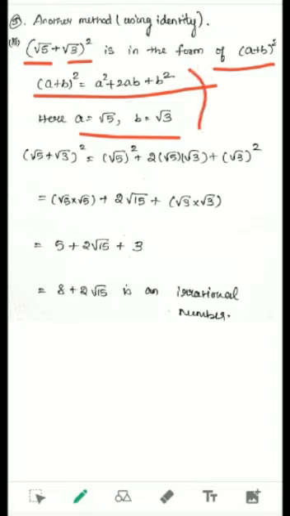Okay, so how can you write this here? In the place of a you have to substitute root 5. Now it is root 5 square, this one. And 2ab, so 2 into a, which is root 5, and b, which is root 3, this one. And b square, so root 3 the whole square. Then afterwards, for squaring, you can simply expand or cross out the square and the root. Simply you can write 5 and 3, that you can also do.